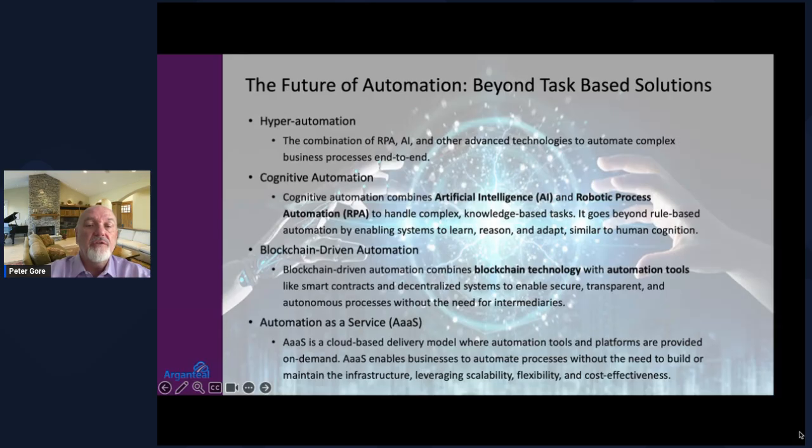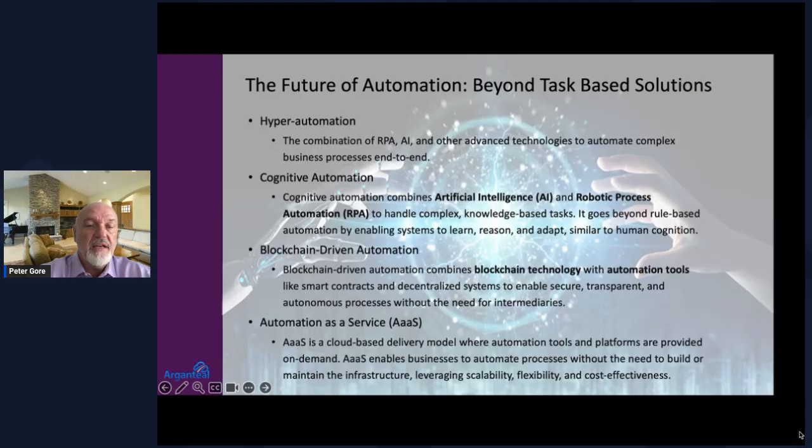So when we think about the future of automation, what is coming, right? This is just some of the things that I perceive, and again, very much open to questions or thoughts about this. But hyper automation is the type of automation that is going to pull all of these different capabilities and methodologies of automation together with the use of AI and other advanced technologies, and build them into an overall solution where we can do true end-to-end. Cognitive automation, AI, RPAs, complex knowledge-based tasks, right? So able to learn and reason with us and adapt to changing environments.